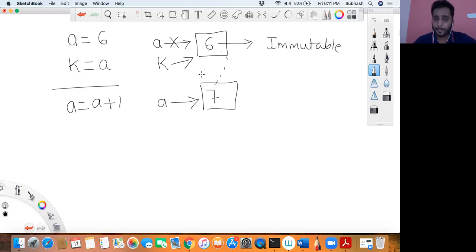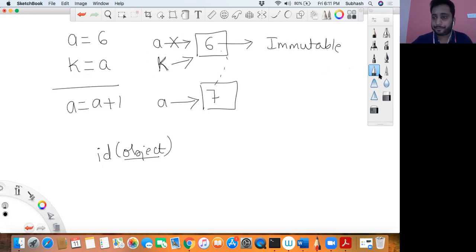So how do you prove that? You prove that using a function called the id function. There is a function called the id function. So what does this function give? If you give an object to it, it will give you a number, a constant, or a value that represents each object individually. It gives you a unique representation for those objects.